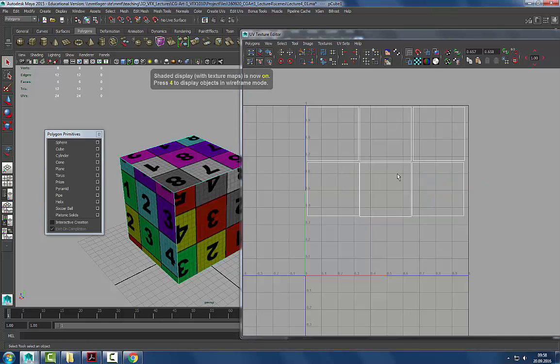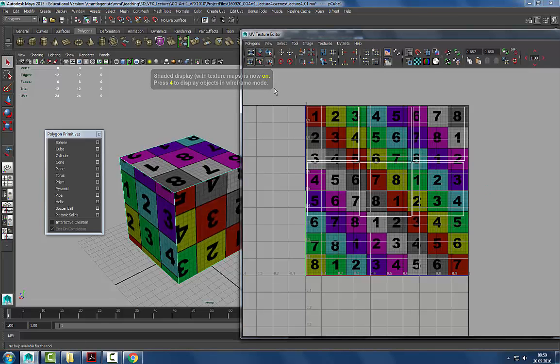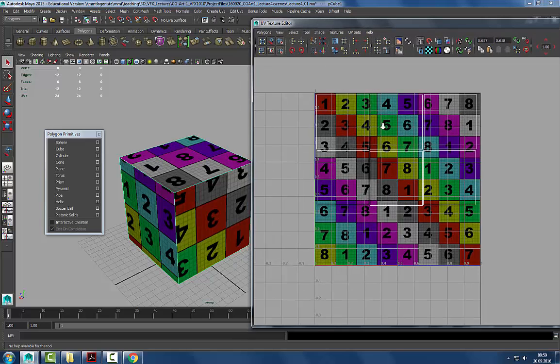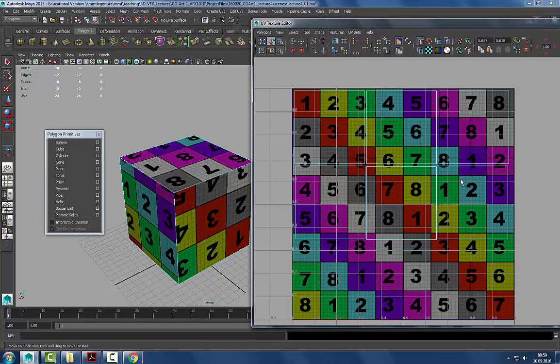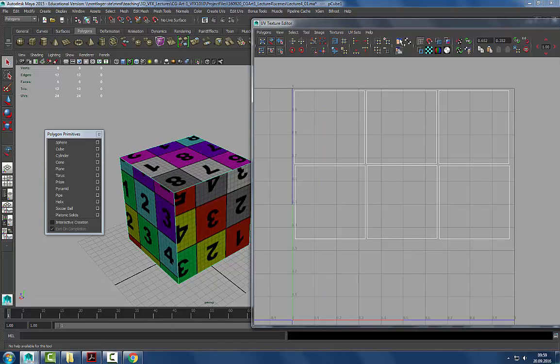Let's look at the texture. The underlying checkerboard is really just there to see if there's any distortion. If there's no distortion, this is good. So the cube being one mesh, like one continuous object, we don't want these UVs to be